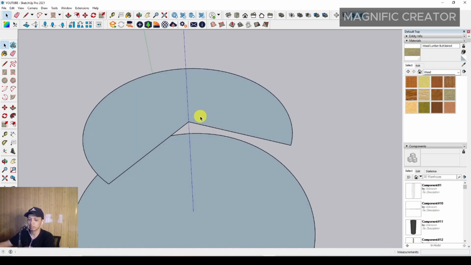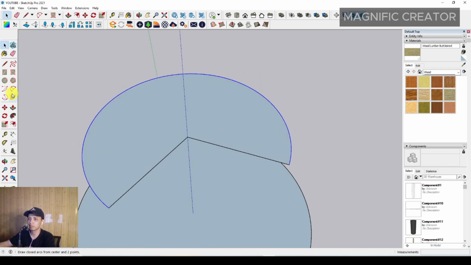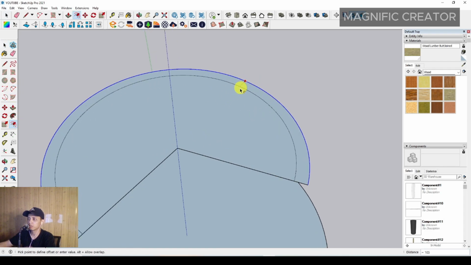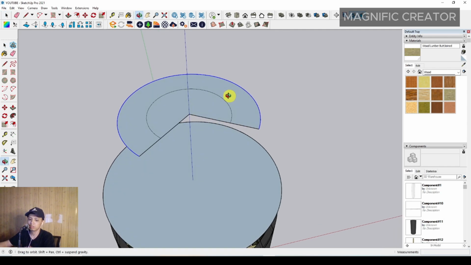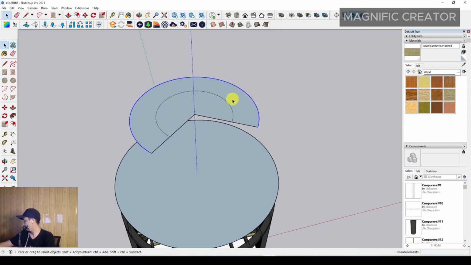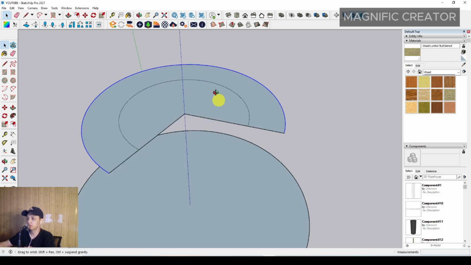Then okay, we can offset it inside. Just select this outline only, then we can offset. We can offset around 500, or maybe just a little more, around 400. Okay, just 400, or maybe just a little more again. Okay, maybe just around 350 millimeter. Okay, it looks